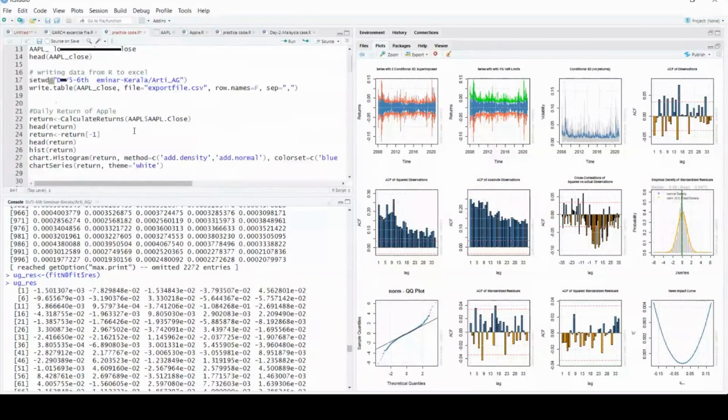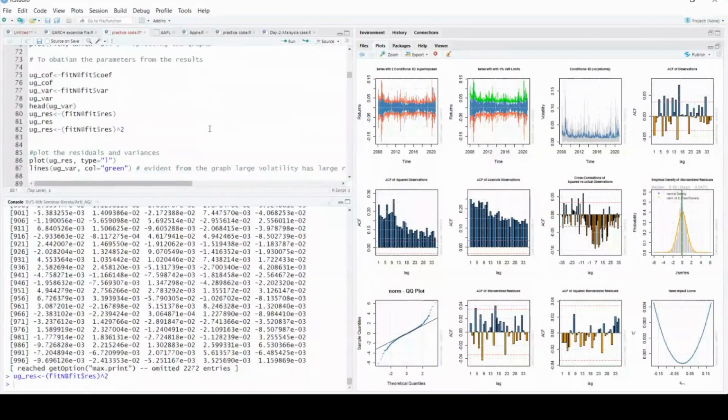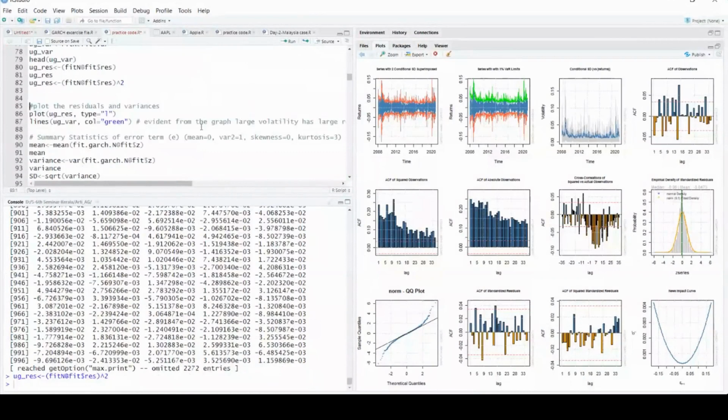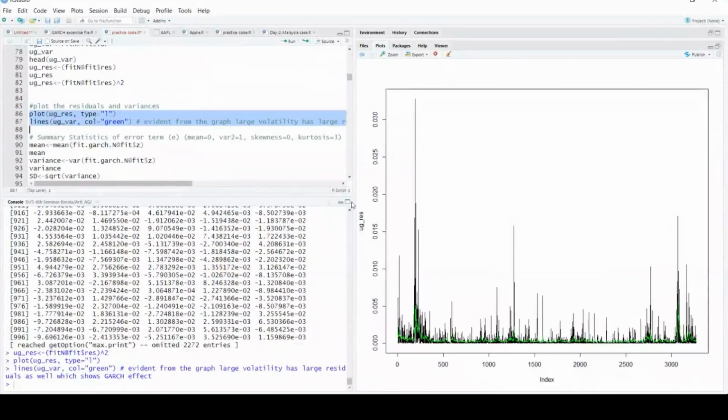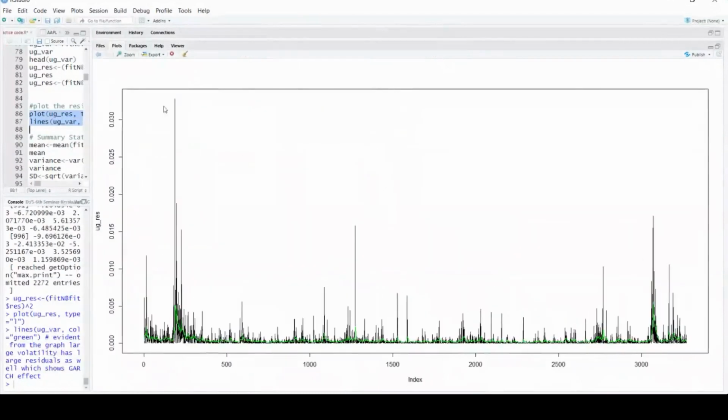Now, the purpose I wrote here is square. So I'll just write it as square. I just wanted to plot a graph, so that's the reason I wrote it as square. I want a squared residual and the corresponding graph with the volatility, and I wanted to see how they're behaving. So this is my graph. You can see the black line is nothing but the residual plot, and the green line is the volatility plot, okay, the variance plot.